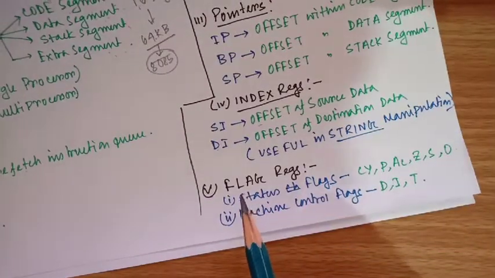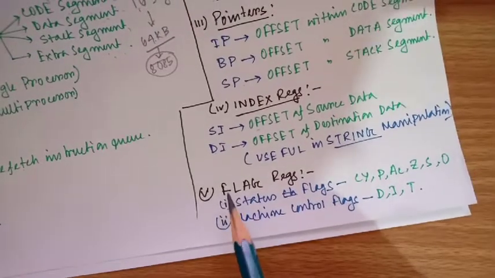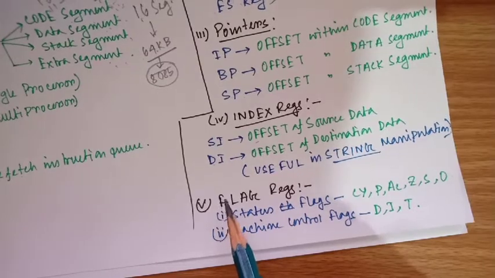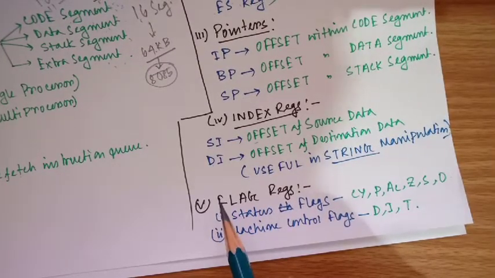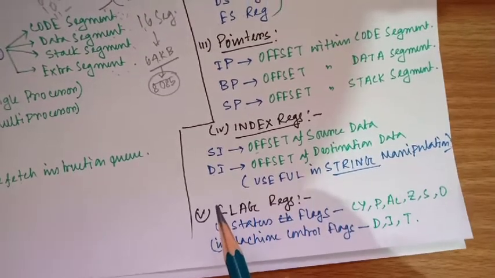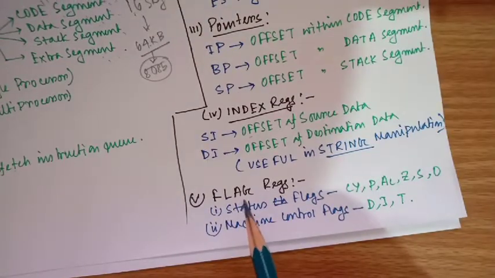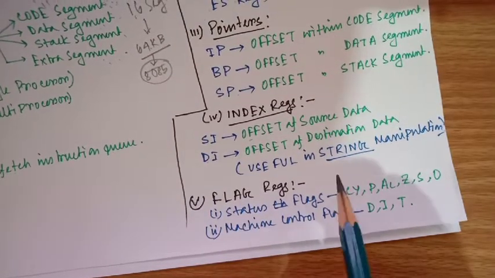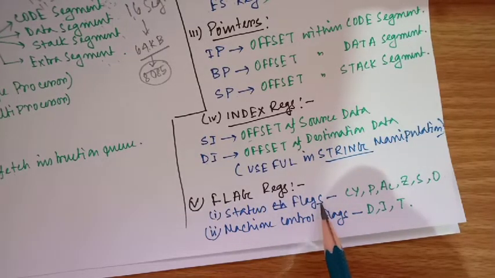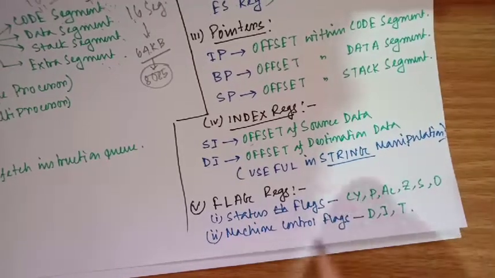And the last one is flag. Here also we can find certain differences with respect to 8085. We can remember in 8085 only 5 different flags are available. All of them are used to indicate the status of the accumulator during the execution of each instruction. Here, instead of 5, we have 6 different flags which indicate the status of the accumulator, and in addition we have 3 different flags that are used for machine control.